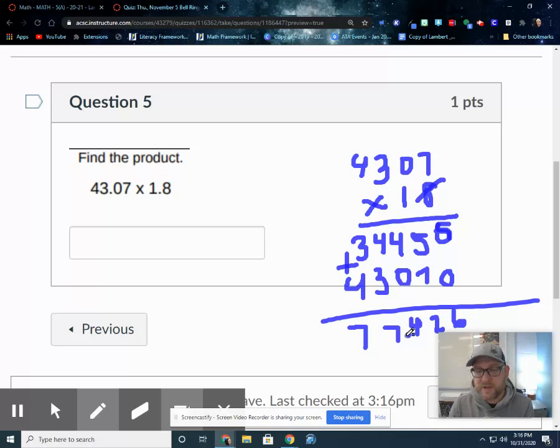If you have any questions on either of these, oh no, Mr. Lambert, yeah, something didn't feel right. Forgot to make that a 12 and carry the 1 over. 77 and 526 thousandths. All right, if you've got any questions over that, well, give me a call today